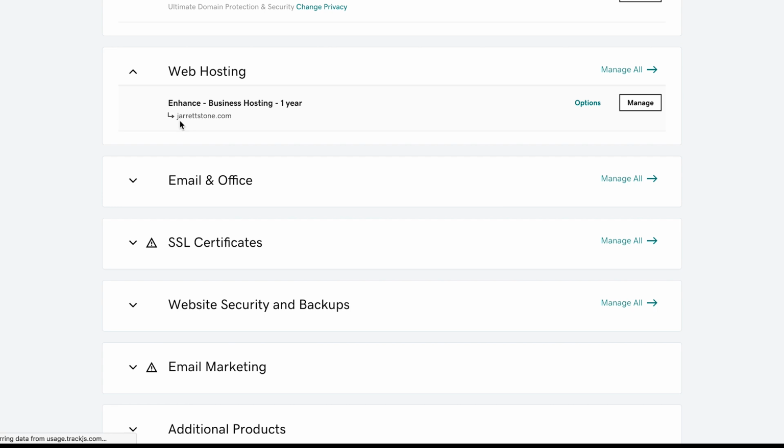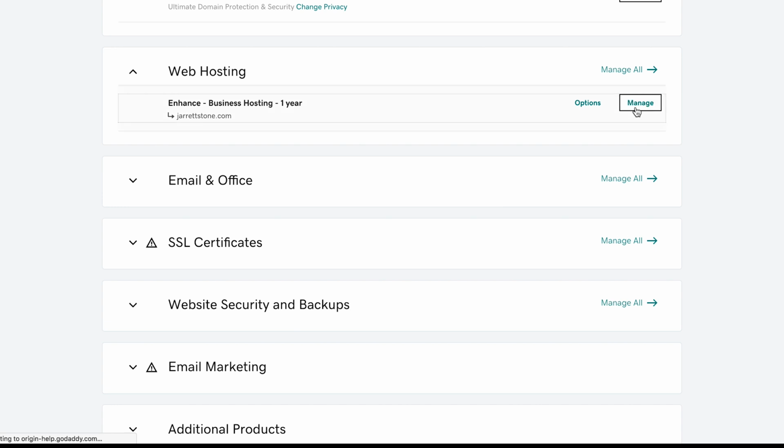From the perspective of the traffic, it doesn't make much of a difference, but the point here is that whenever you see jarrettstone.com involving the hosting, that's just because that's the main umbrella that we're working with here. But in your situation, if you only have one domain, then that's going to be the main umbrella. Or if you have multiple domains, then you'll have to choose which one is the main one. And then you'll have, I think it's called subdomains for your other domain addresses and names. But again, for the purpose of traffic of people who are going to these websites, they're not going to know the difference. This is all a matter of really having a clean filing system on the back end, which we'll cover in future lessons.